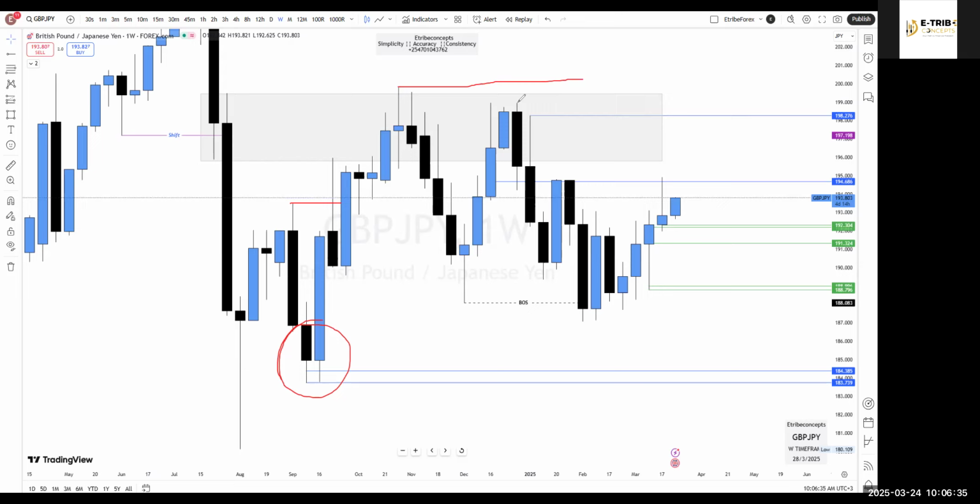So we are remaining with this. I think this is type 2 of liquidity, which is backed up with this overlap, which is a structure on the daily time frame. I'm yet to show you that. So what I'm anticipating to happen, as much as we want to sell,